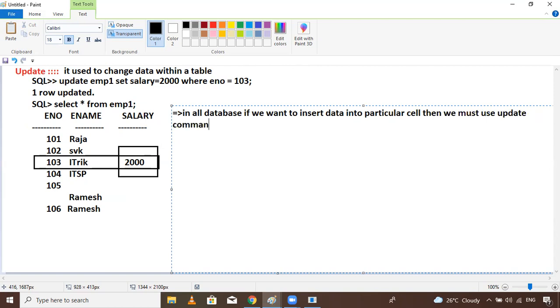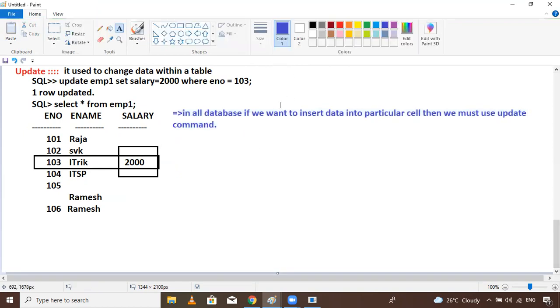Oh, that's it. Now this is the key point for the above, guys. Okay, this is the most usable command to insert the data in a particular column.